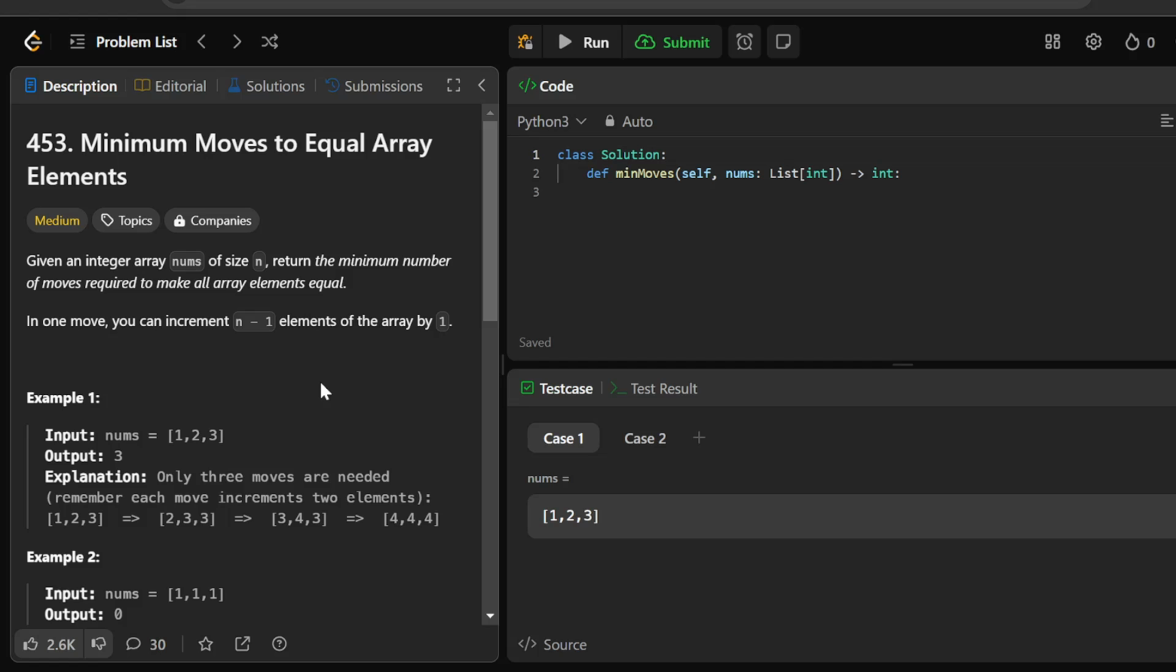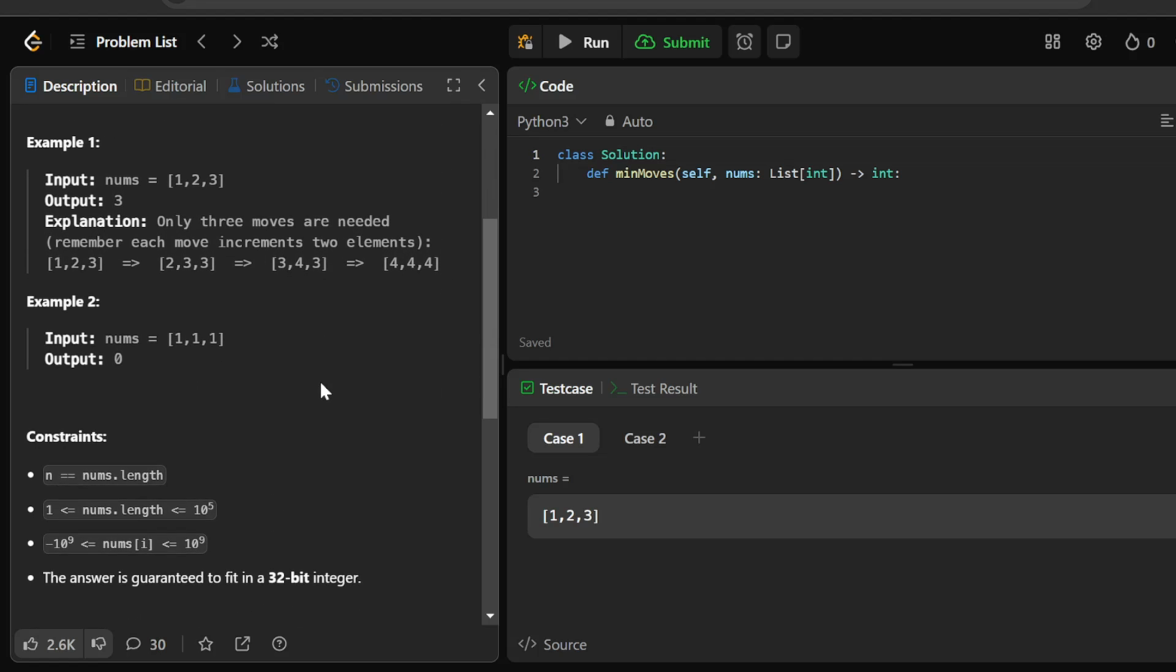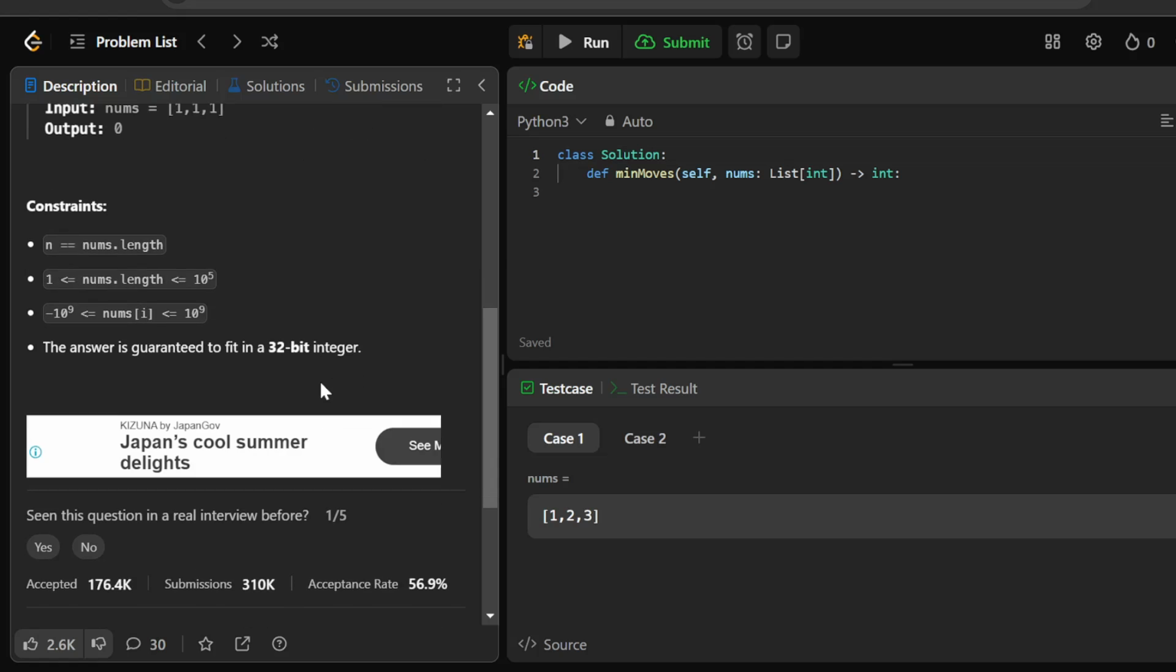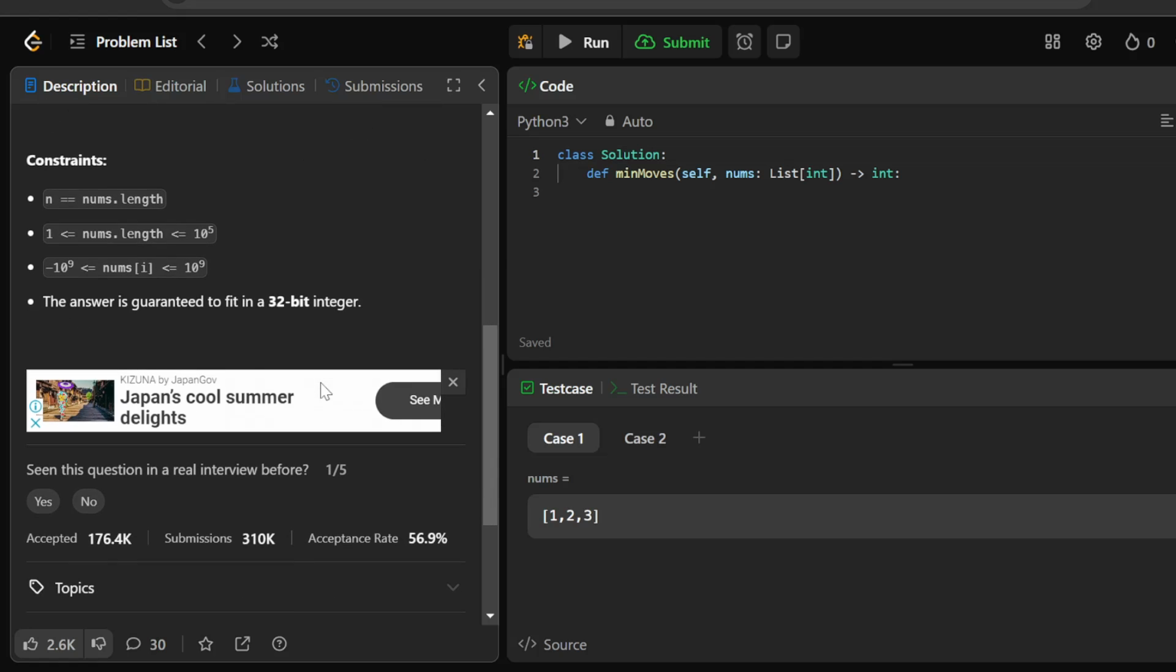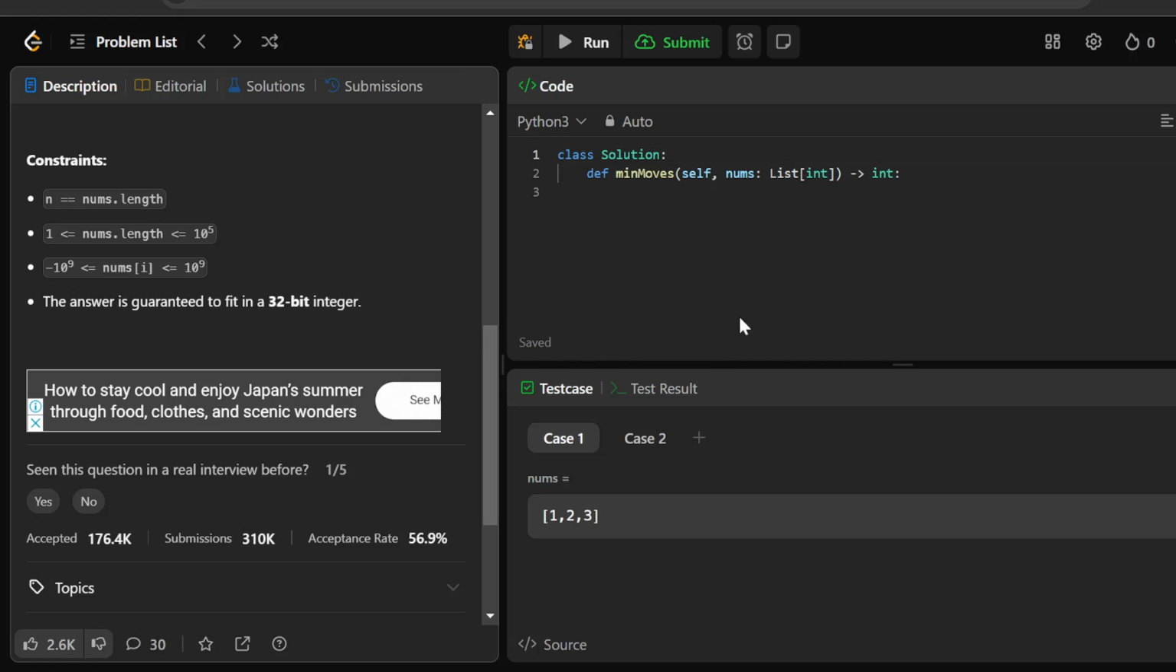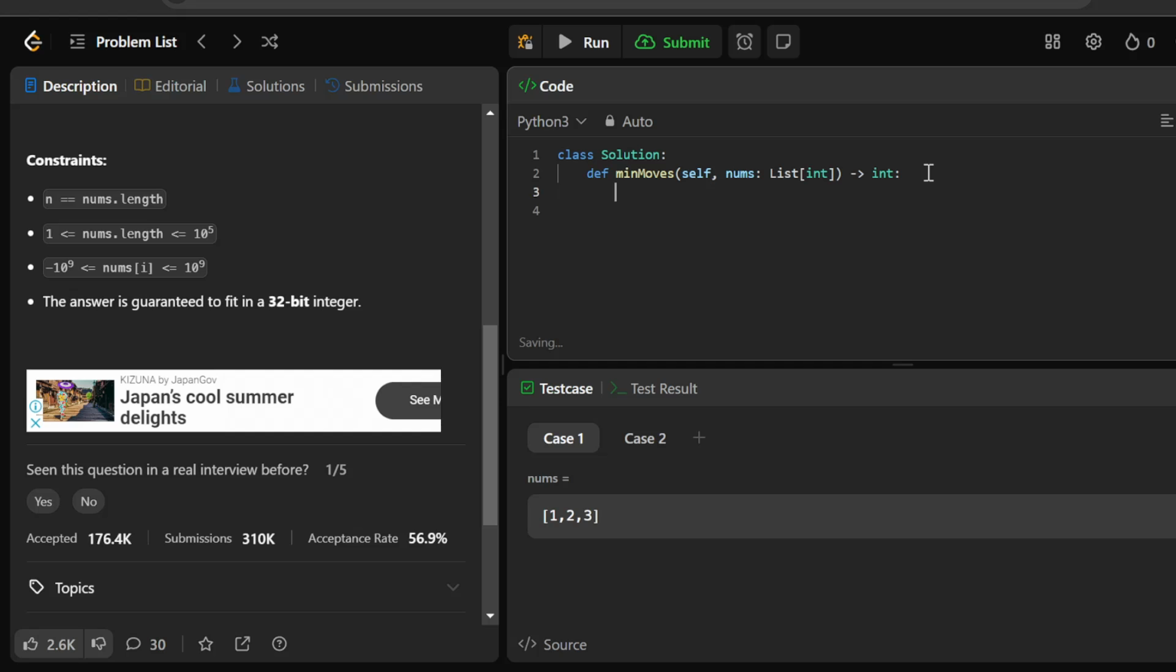The steps will be: find the minimum value in the array, then compute the total number of moves needed by summing the differences between each element and this minimum value. So, a simple Python code, that is how to do it, and let's start. Find the minimum value of it, min_val of nums, and